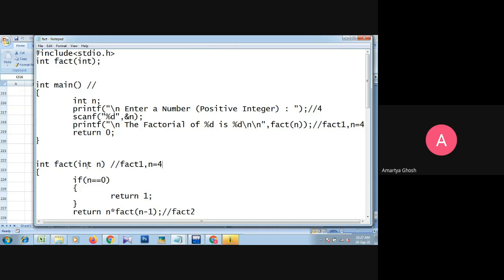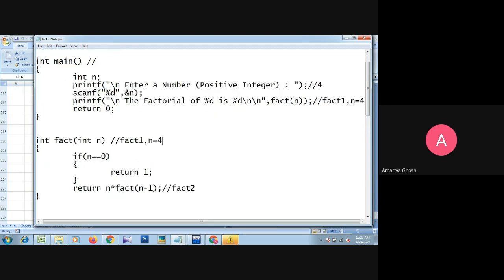So now within that function just check how the control flows, just concentrate for 10 minutes. So now here int n, what is the value of n here? This n value is 4. Now we check if n equals 0, but because the value of n is 4, this is not satisfied.